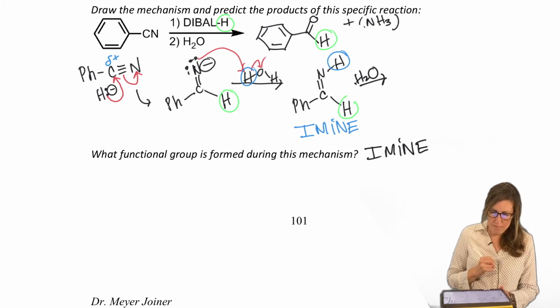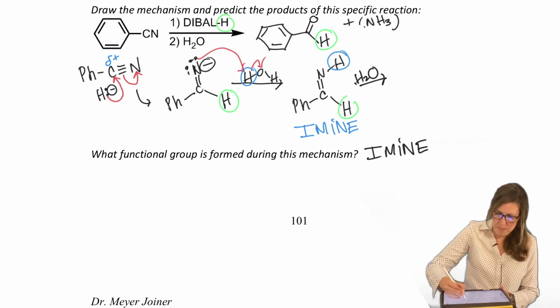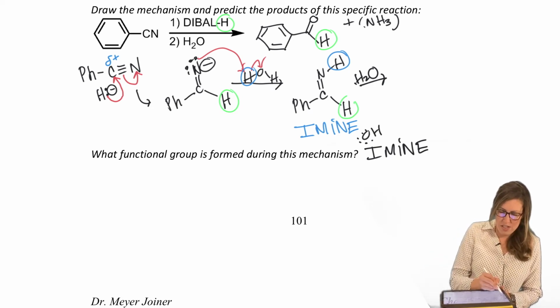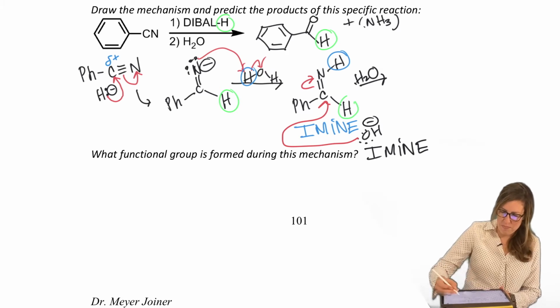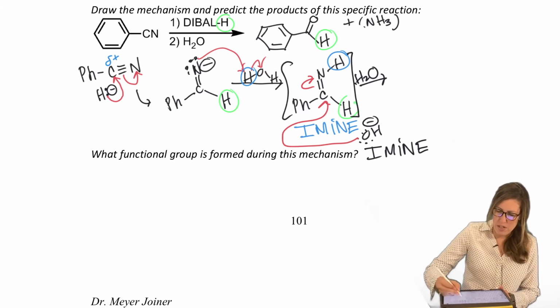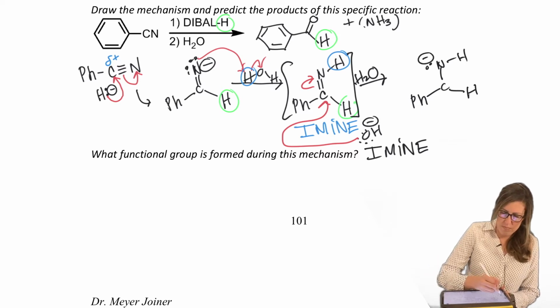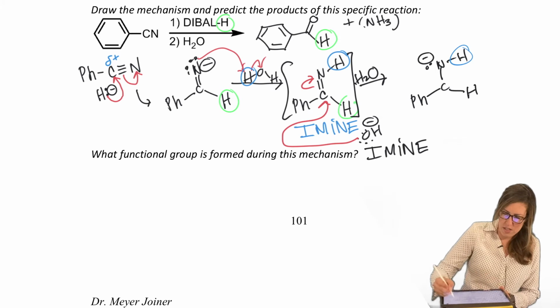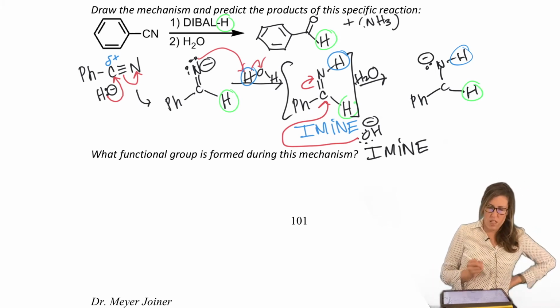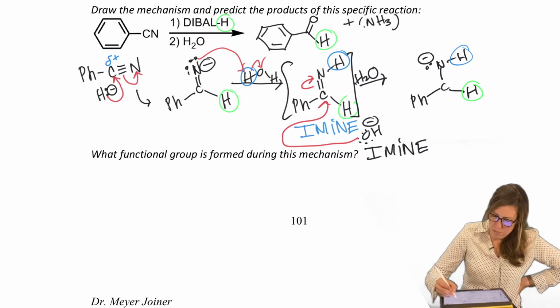Okay, so imine. What are we going to do with that imine? Well, we have water. We also have OH minus because we just made it. See right there? So that's probably the stronger, well, it is the stronger electrophile to choose. Attack, open. So I'm putting the imine in brackets because we don't isolate it. And then we have our negatively charged nitrogen. So this was the H from water, this was the H from the hydride. And I'm missing something. My water, my OH. There we go.